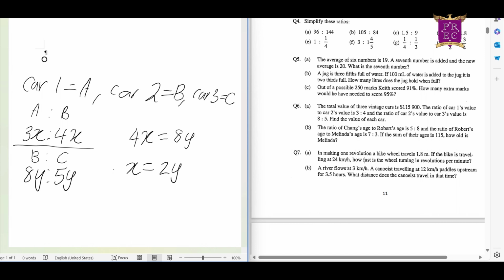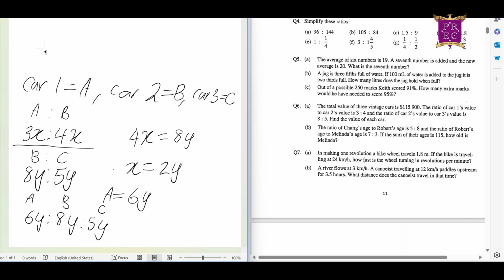Alrighty, knowing that, we can say that A's value is 6y, because if we substitute 3x over here, this becomes 6y, so A's value is 6y, and we know that the ratio now is 6y to 8y to 5y, so A to B to C. Okay,